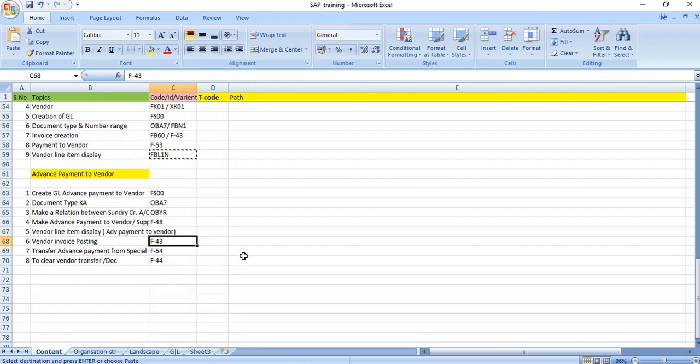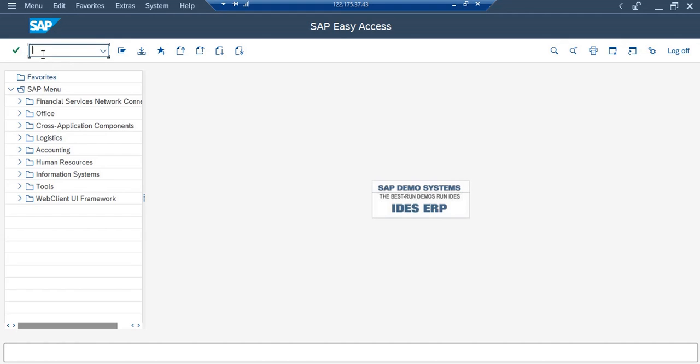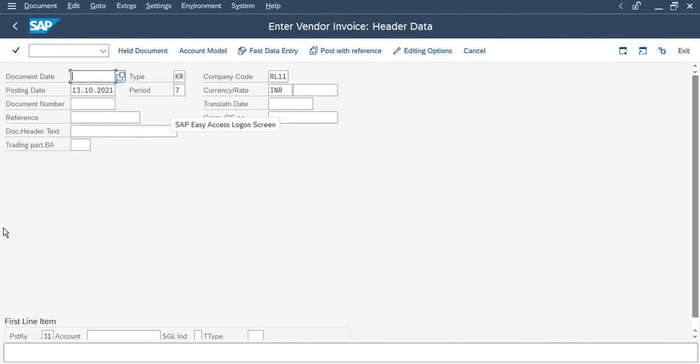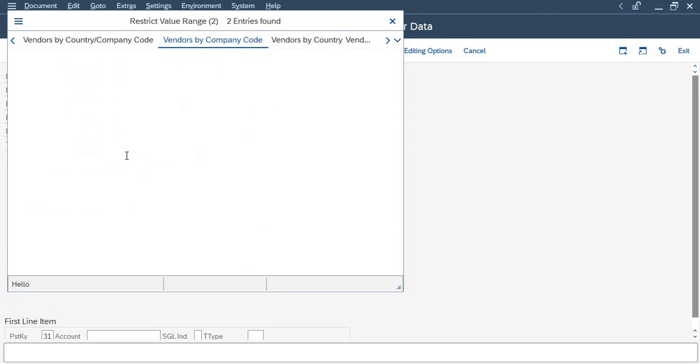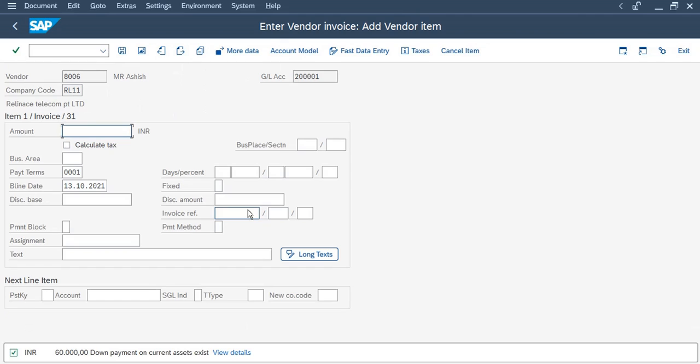So now the next step is F-43, where we will create the invoice. F-43 is to create the invoice. Enter. Select your vendor. If you remember it, you can directly enter it. Okay, so we have made a down payment of 60,000. So let's use 60,000. If you want, you can use partial also. Okay, so invoice created,